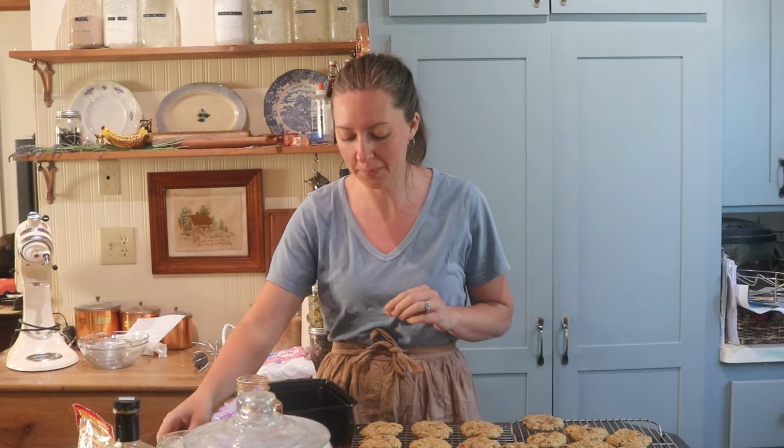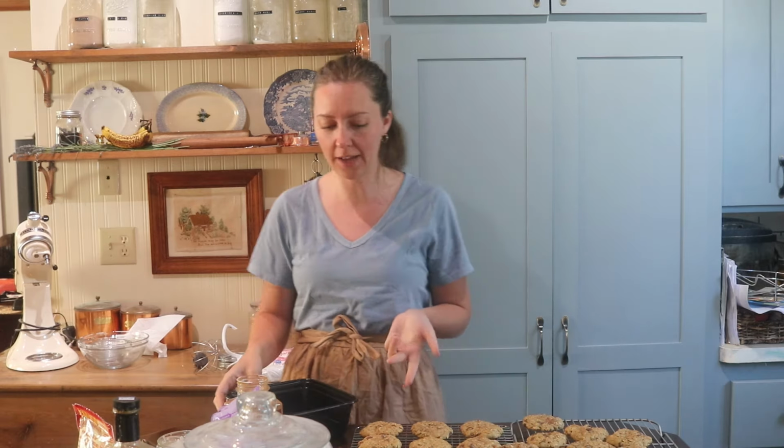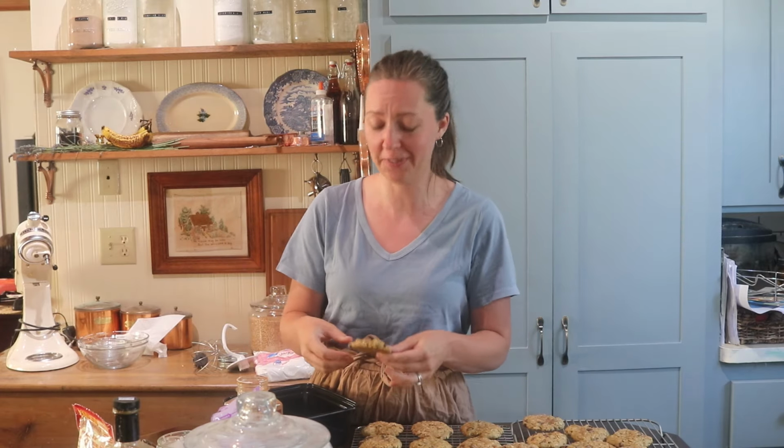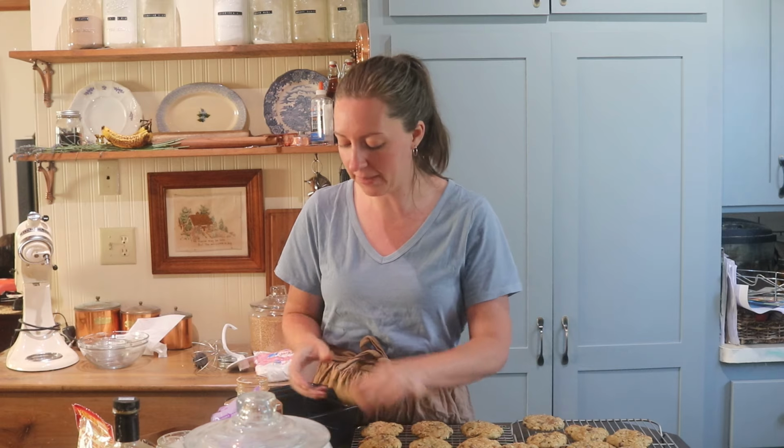The cookies are all finished. However, I realized after I went to try one that I forgot to put in the cinnamon. So I actually went ahead and I just dusted a little bit of cinnamon on the top because I think the cinnamon really makes them. They still taste really good, but cinnamon was supposed to go into that mix. So now that they've all cooled, I'm gonna get them here into a container, and then we're gonna move on